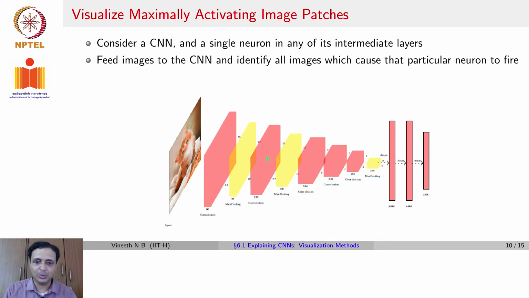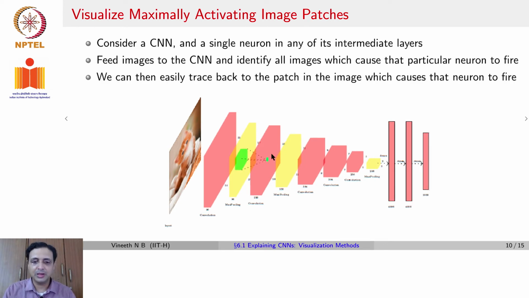Now we can work backwards and understand that this particular pixel here will have a certain receptive field in the previous convolutional layer, right? Which means that's the region that led to this pixel being formed in this particular convolutional layer. Similarly, you can take the pixels in the previous layer and look at the receptive field of each of them and find the receptive field in the earlier layer, in this case the first convolutional layer. You can go further again and find out the receptive field in the original image which was responsible for this pixel in the third convolutional layer.